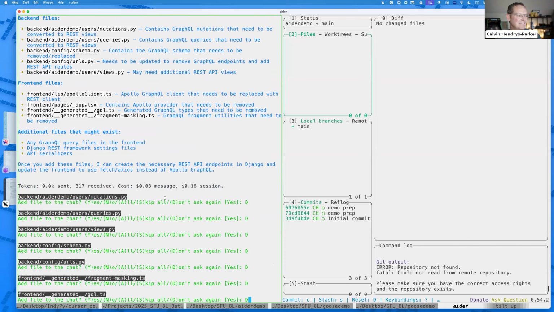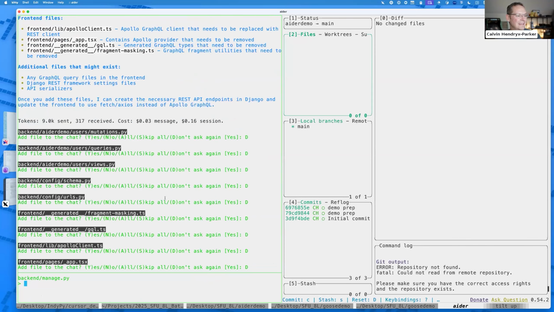Stop asking me, just do it. Looks like it's going through every single file. Is that per session, or will that persist when you come back into here? So the memory of the session will persist between launches, and you can tell it I want to relaunch